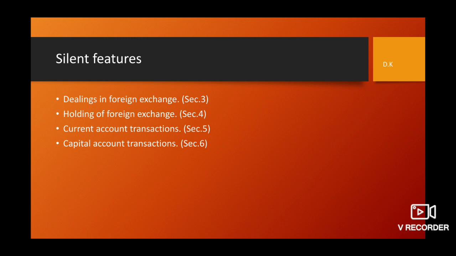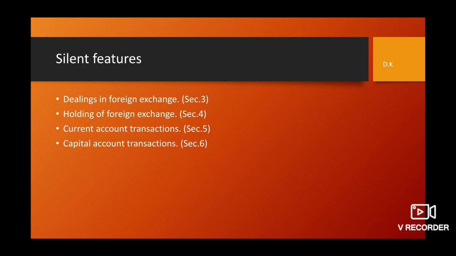A person resident in India may hold, own, transfer or invest in foreign currency, foreign security or any immovable property situated outside India if such currency, security or property was acquired, held or owned by such person when he was resident outside India, or inherited from a person who was resident outside India. That means if a person was residing outside India, or is receiving from a person who resides outside India, he can hold the foreign exchange, foreign security or any immovable property.